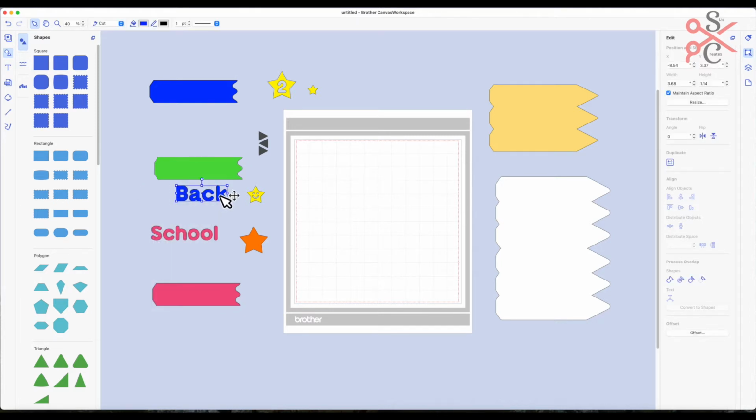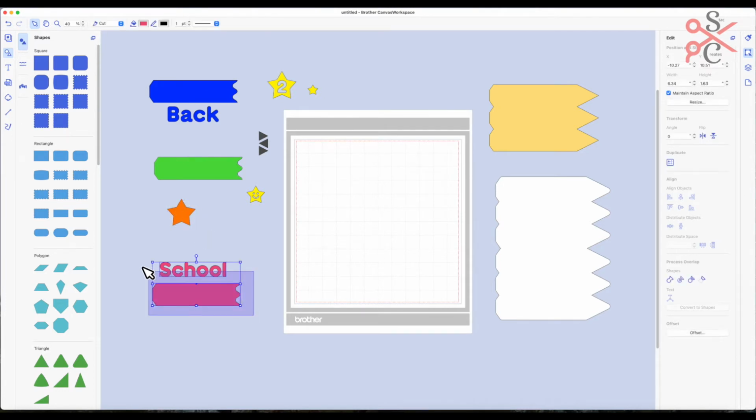I can take that piece and bring it up next to the other blue. Highlight both of those pieces, right click and choose Group. I want to make the red one be the same color red as that one, so I'm going to choose this one. Actually, I believe they're both the same color red, so I'm going to bring them both down, move the star out of my way, and then highlight both of these pieces, right click and choose